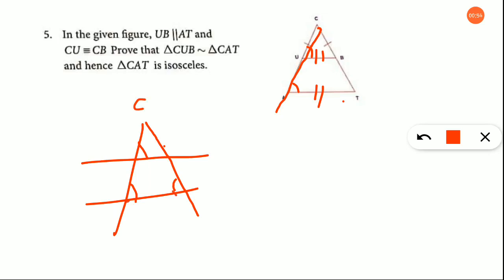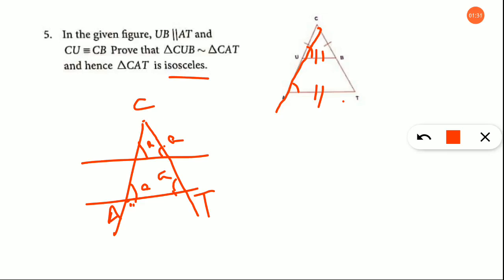This is the triangle CAT, children. In CAT, they have told you it is isosceles. So I am going to consider this one and this one as same angle. So let this be A and A. If this is same, since it is a transversal line, I am going to consider this one also to be A only. Again, the same way, there is another transversal line, the CT is there. So this angle will also be A only, right?